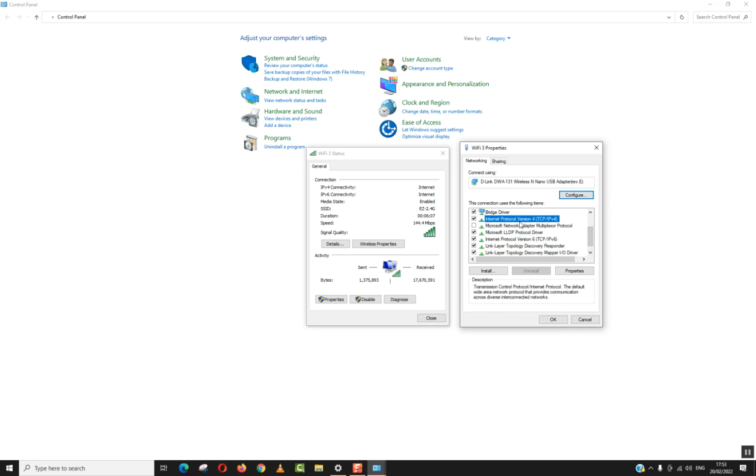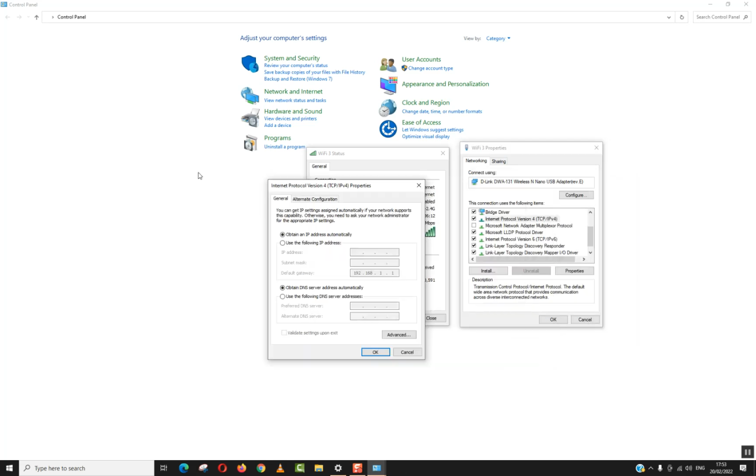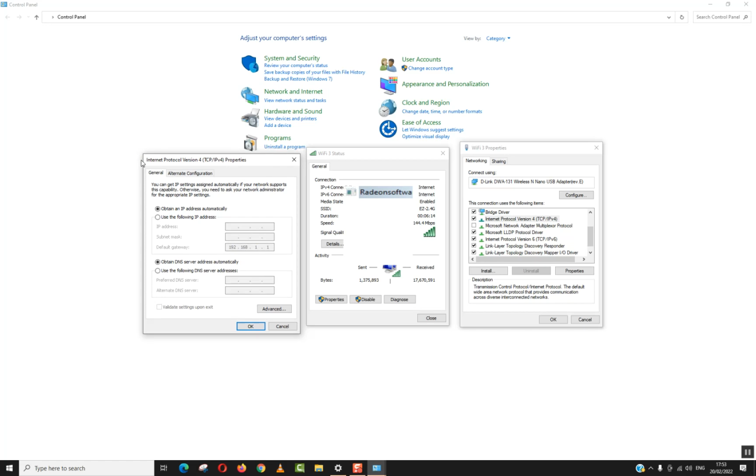Next step, we will double click on Internet Protocol Version 4 to open the properties. And here you want to play a little bit with the settings. If, for example, you have Use the following IP address ticked, it means that the setup has been done manually by someone, your friend, or your family member, for you. Then you want to tick Obtain an IP address automatically, and also Obtain DNS server address automatically. You click OK,